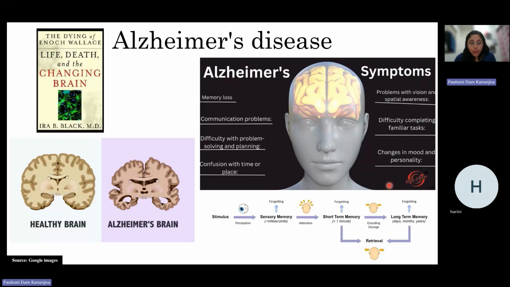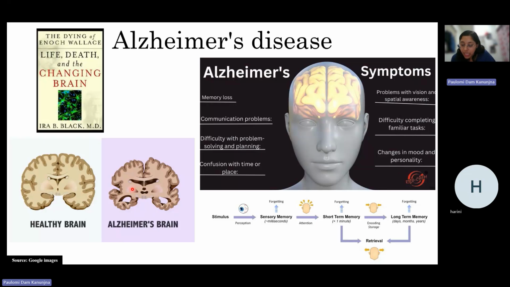Now, these bodies or formations I told you about are basically the amyloid beta plaques. When you see the formation of these plaques, these are the giveaway that the person is suffering from Alzheimer's. If you go to a doctor with memory loss as your symptom, the first thing they ask you to do is scan your brain and look for these bodies, to see if you are suffering from dementia. It's the telltale sign of